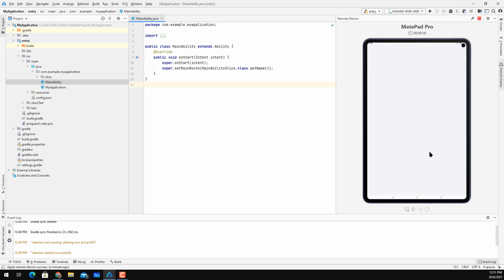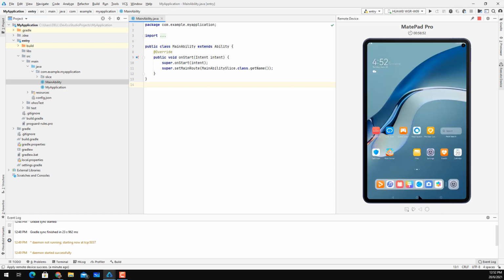Okay, compared to Android Studio, where they load the real Android operating system into their virtual device, I'm not quite sure for this MatePad Pro, but it seems that when you run the device, it takes very little time to load. And this is basically my first experience with what we call HarmonyOS. All right, so let's see what do we have here. So this section in the DevEco 2, basically